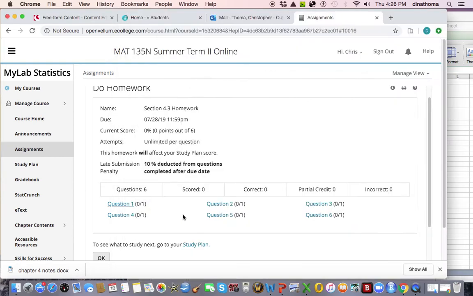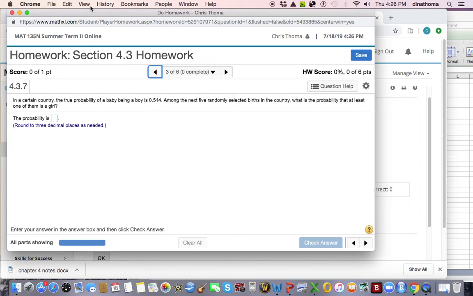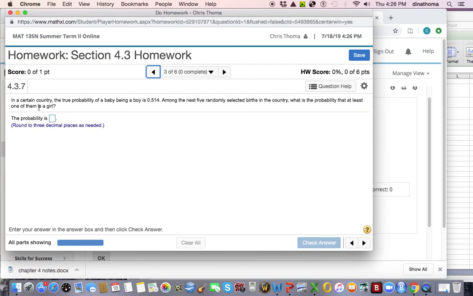Alright, so there we go. That's the homework problem I picked. So this is 1 out of 4.3. So in a certain country, the true probability of a baby being born a boy is 0.514. Among the next 5 randomly selected births in the country, what is the probability that at least one of them is a girl? So if I bring up my Excel,